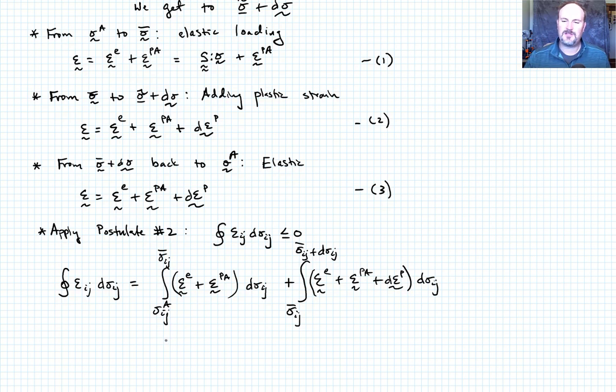And then there's that last term, which is the integral from sigma ij bar plus d sigma ij back to sigma A, right? And we said that was just back to now the elastic strain plus the plastic strain